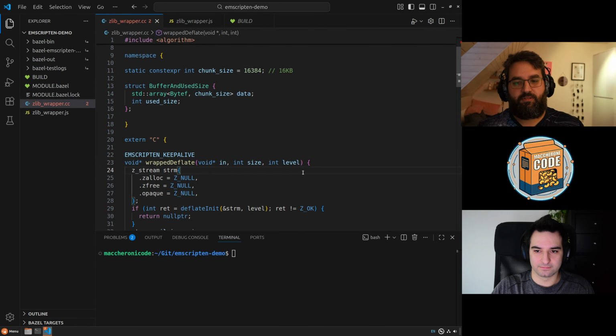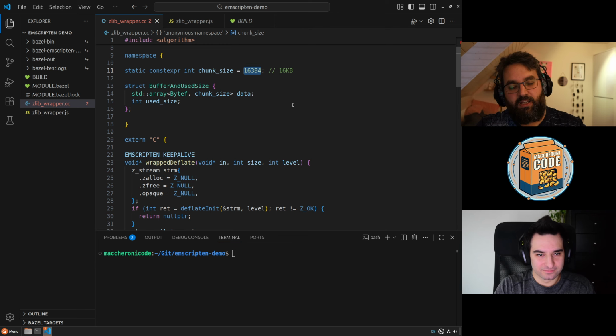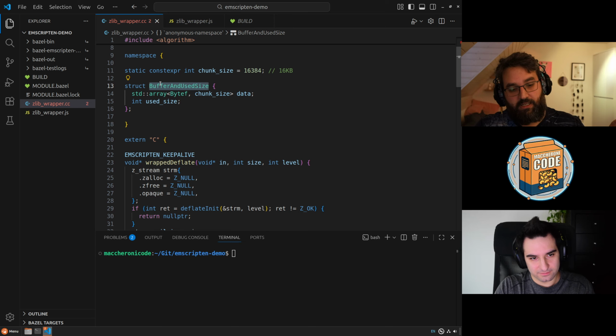Okay, so here we are. This is a really rough implementation. What we're going to do is process this. This is an implementation detail of zlib. It works in chunks, so we're going to buffer chunks of 16K, and this is just here to allow us to prepare our chunks together and then compact them at the end.